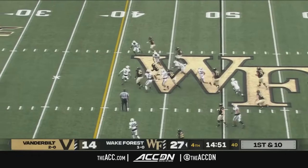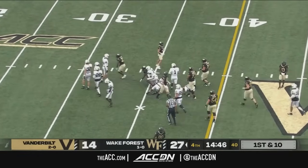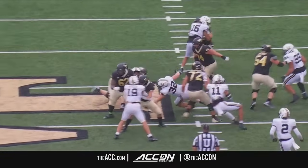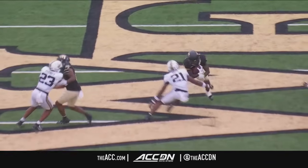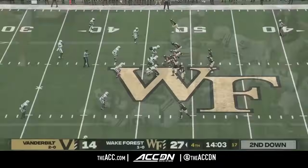Claiborne got loose. Still loose. First down, and he's still going to the 35. Today for Wake. Yeah, and a lot of these explosive runs have come on these counter plays where the offensive line, some of these guards and centers are pulling, and it's